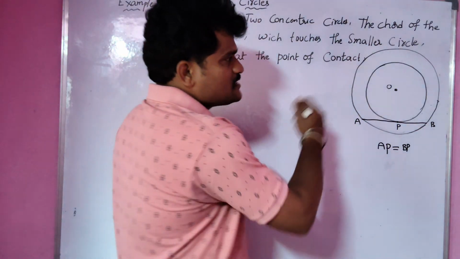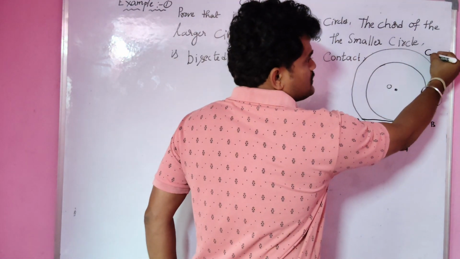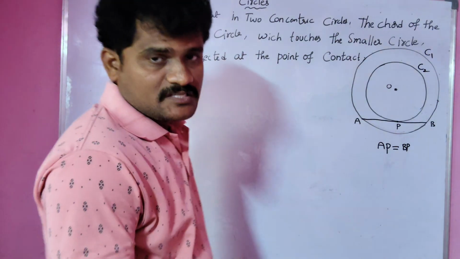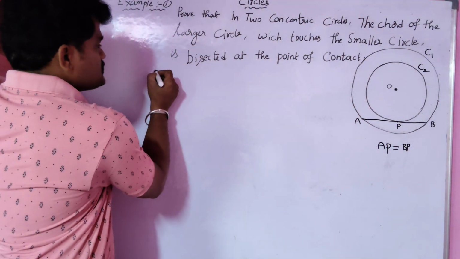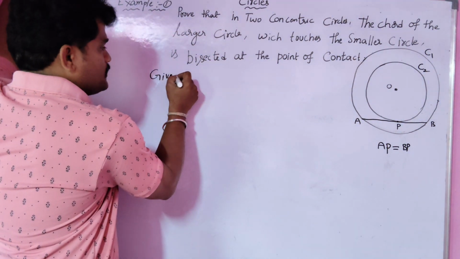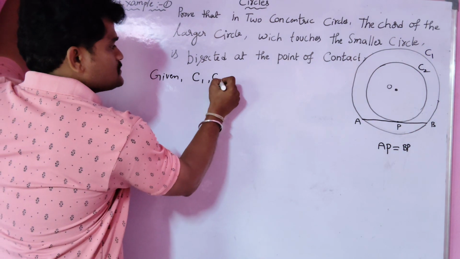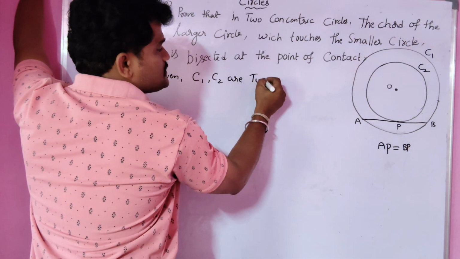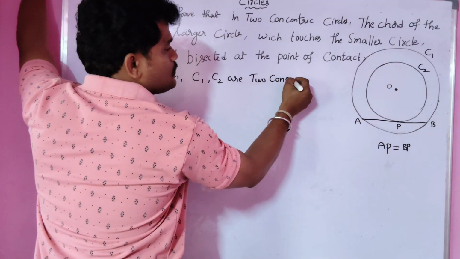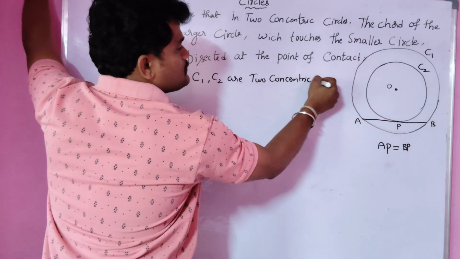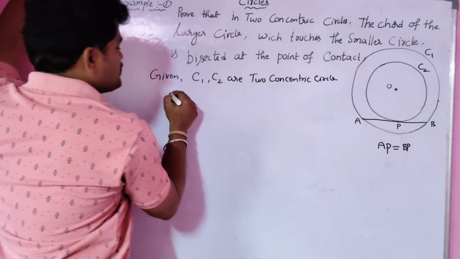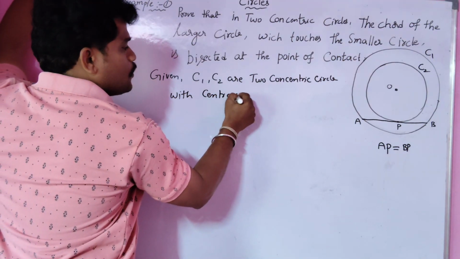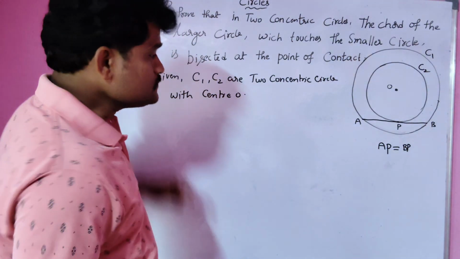Right? So I'll consider the larger circle as C1 and the smaller circle as C2. I'll just write the given information now. It is given that C1, C2 are two concentric circles with the center O, and